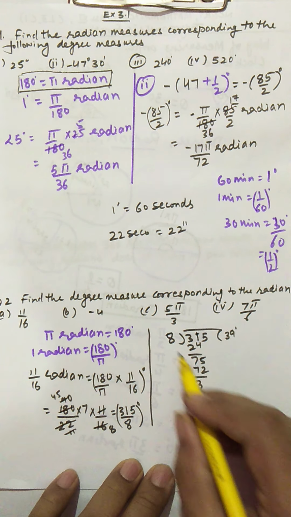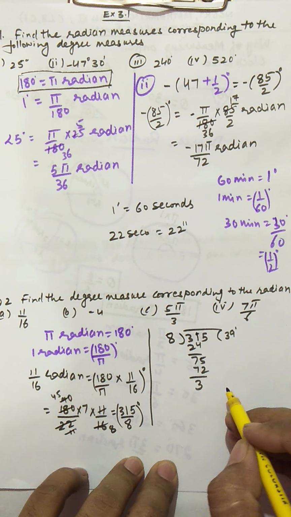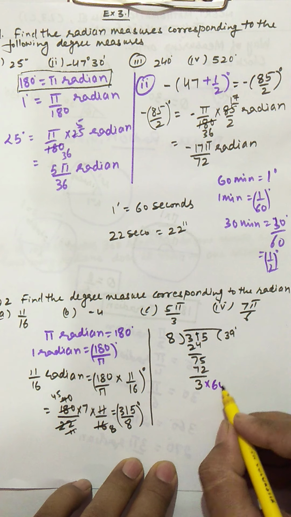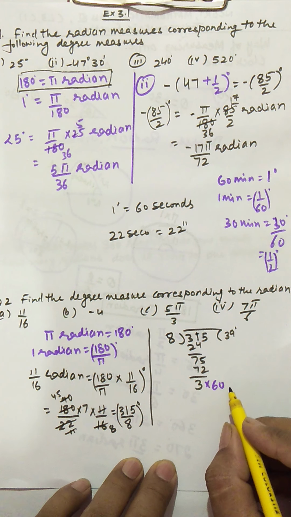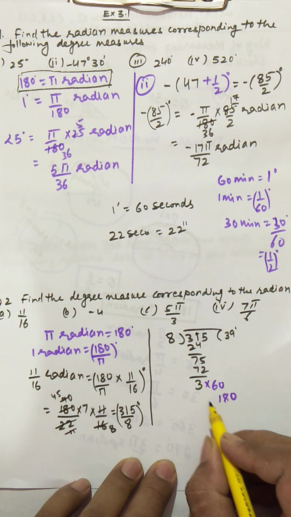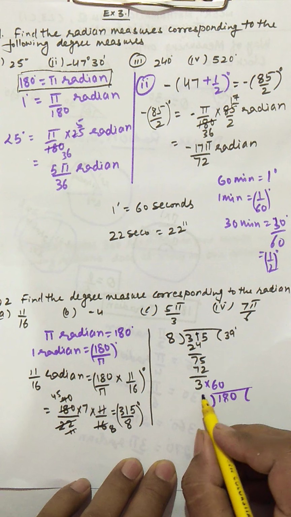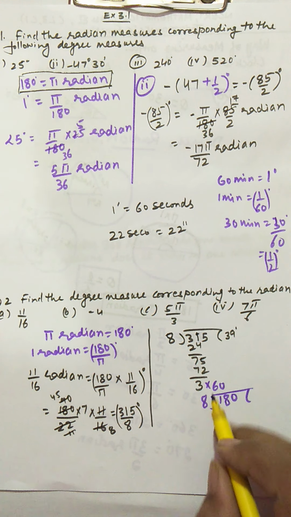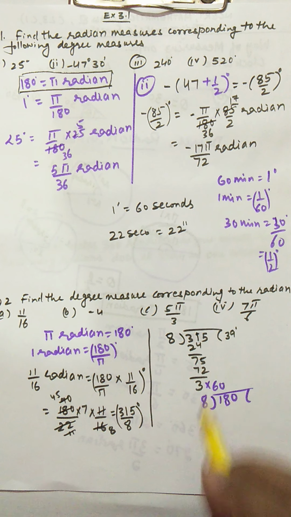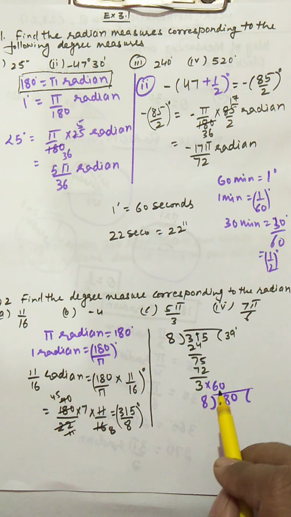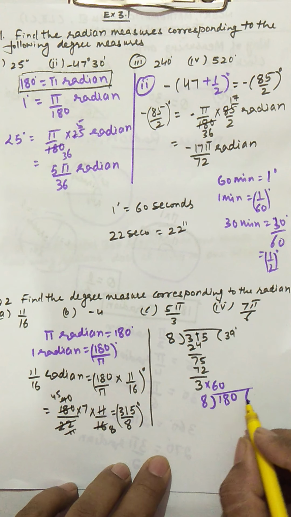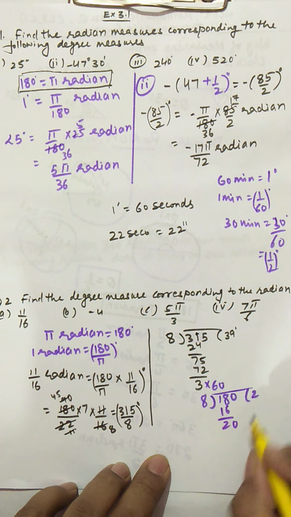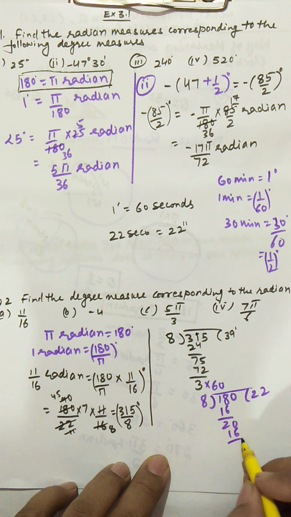Whatever remainder is left, if you divide it again, it will go into minutes. But for minutes, you multiply this by 60. So this is going to be 180. Now you divide 180 by 8. Further we divide this 180, which has come from 3 into 60. So 8 2s are 16, and 2 remainder, this is 0, then 8 2s are 16, this is 4.